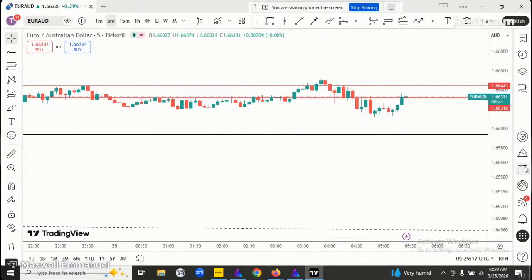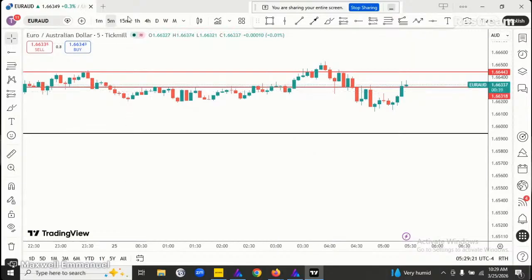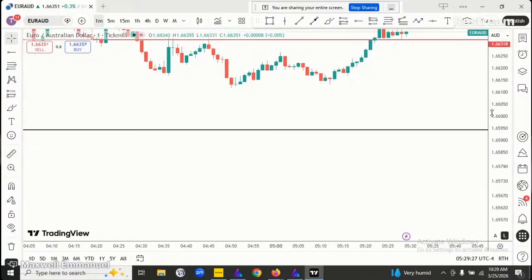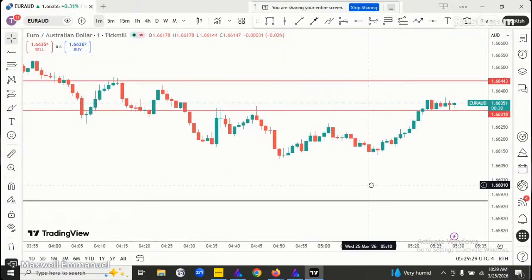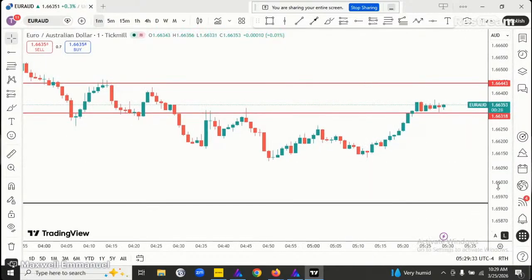Okay, so I see Euro Aussie selling. My bias for Euro Aussie today is sell. But if it breaks the high of yesterday,